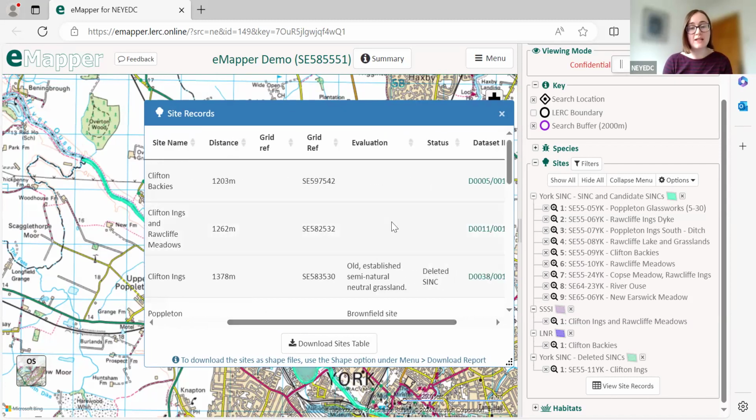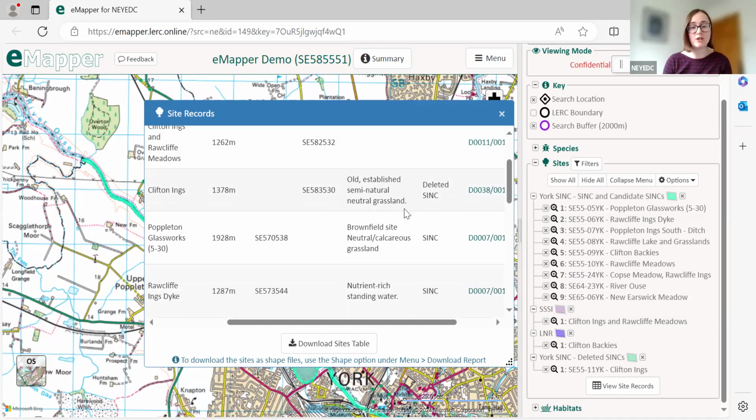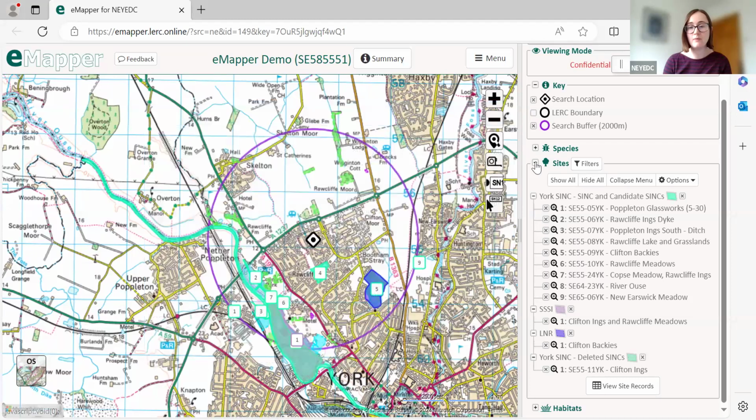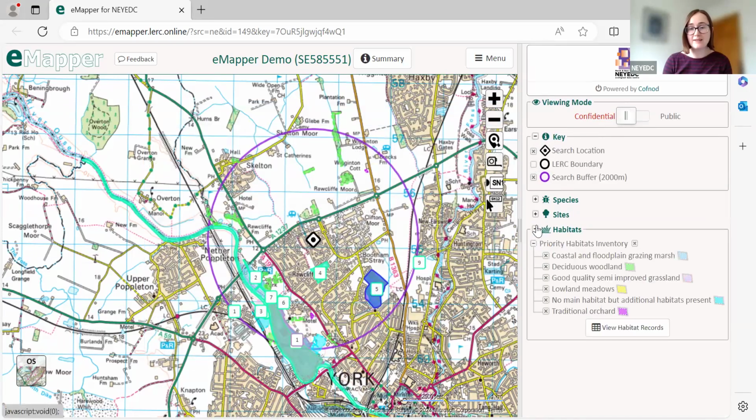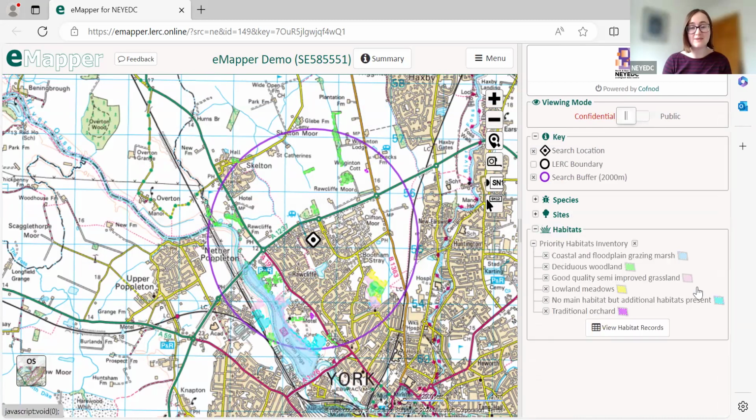One addition that we've made to how we present the search results is this evaluation column. So where we have the information available, primarily for our local wildlife site systems, you'll get a very short entry listing the feature that that site was designated for. So just a little bit of information about that site to give a little bit of context. So that is how you show different bits of data within your eMapper search and how you use this panel